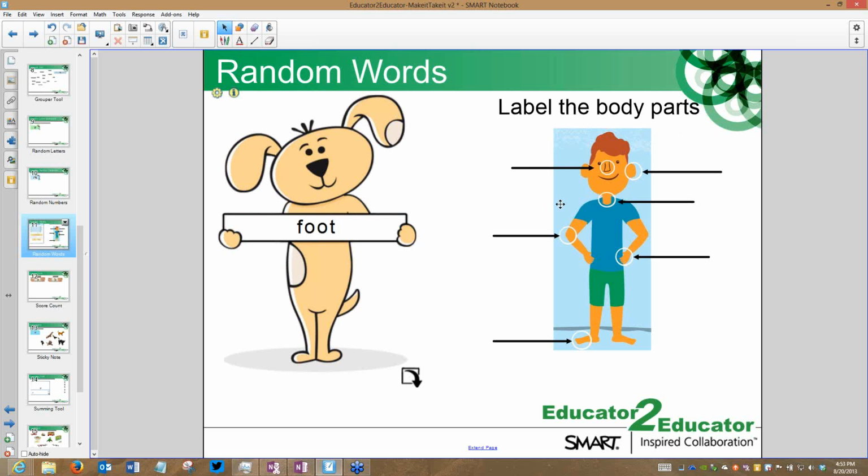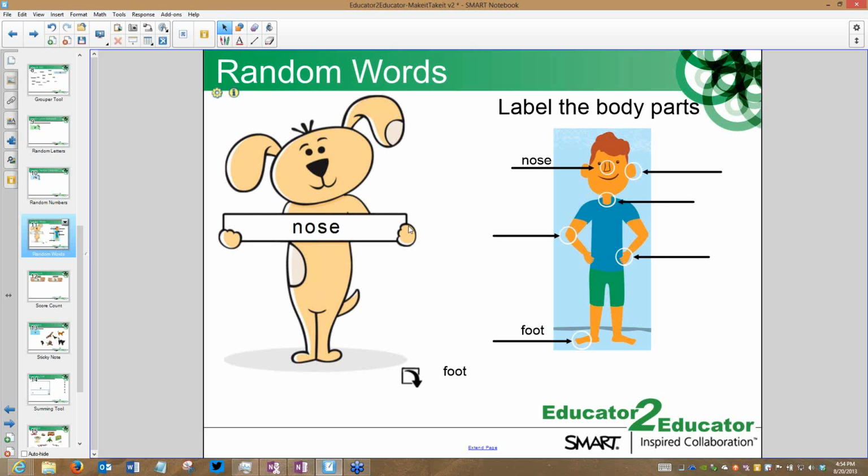I took advantage of this and I turned it into a labeling activity. So I took the picture, I pointed out everything. When I click on the dog, it tells me foot. I've got a little injection button down in the bottom corner of the dog. I click on that. It's going to pop the word up and then have the kid drag it to where it belongs and then continue the lesson. And whoops, of course I didn't do a random word. There we go. So now I get my nose, and I keep having the kids do something simple like that, a fast labeling activity. They don't know what they're going to have until they get there.